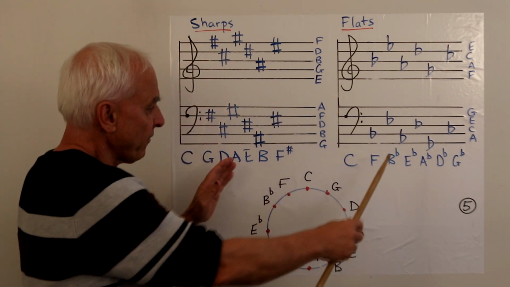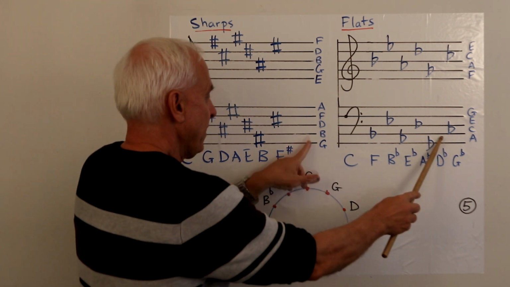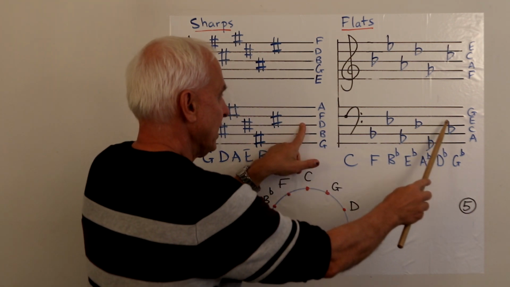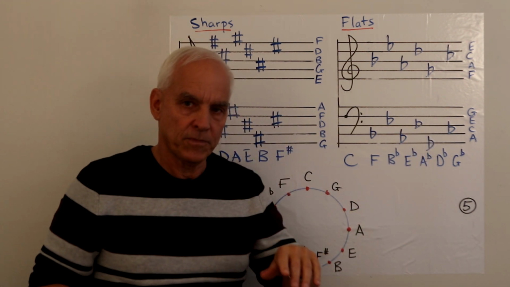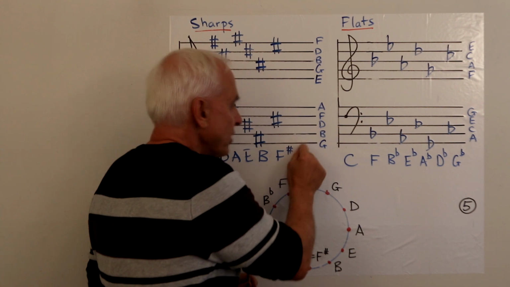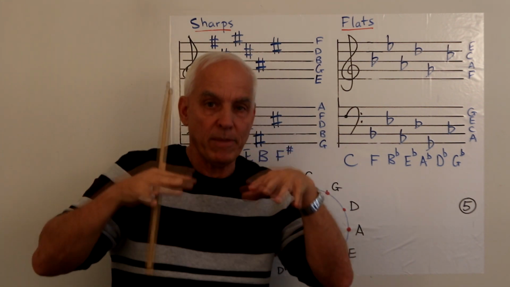In the bass clef, it's different. We start with a low G there, and then there's an A, and then there's a B, and then there's a C, D, E, F, G, A. Again, just the white notes. So if we just put a note either in the space or on a line, it's corresponding to a white note on the piano.